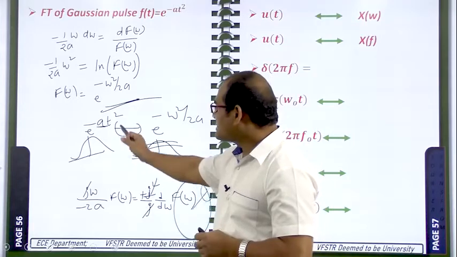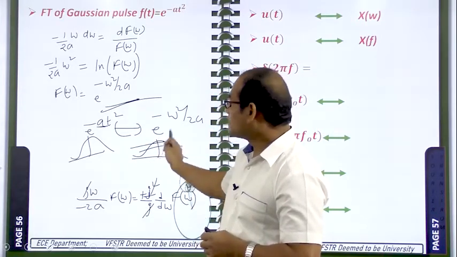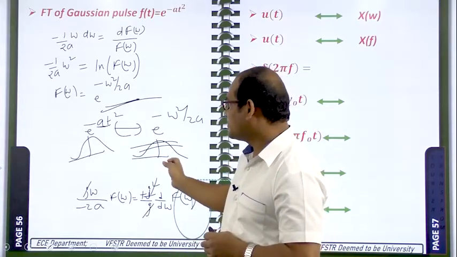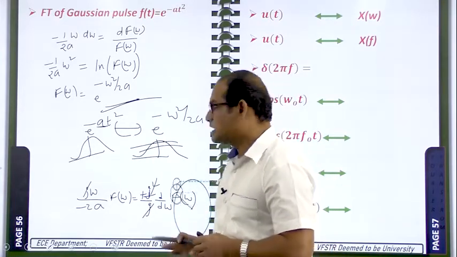That means a Gaussian pulse in the time domain also gives a Gaussian pulse in the frequency domain. One more signal is there, the impulse train signal, which has the same shape in the time domain and in the frequency domain. Only for these two signals it is possible. Next,